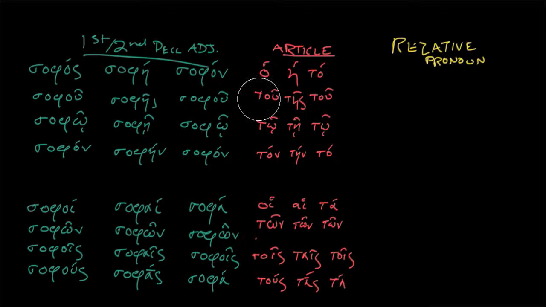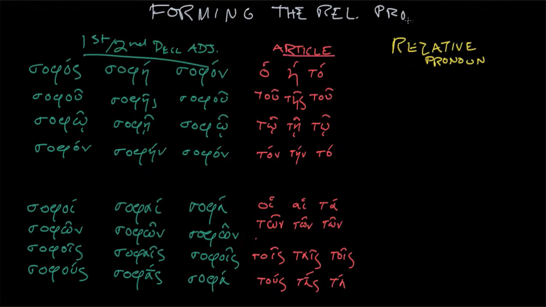As always, to begin with, let's review some of the things that we know. What we're doing here is forming the relative pronoun. And of course, the easiest thing to do here is just get out your book, look at the charts, and memorize. But while I've got this free medium of online video, let's take some time to explain what we've got going on. So we've got different charts, and you'll notice I'm leaving out the vocative. There is no vocative